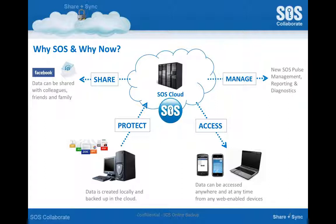Stepping back and looking at SOS's mission in life, we've always said that our products were about 4 different things. Protecting your data, and this was hardcore backup and recovery. Accessing your data, so getting that data out of our cloud onto a myriad of devices, whether it's an iPhone with a native iPhone application or a laptop or through a browser, so really getting access to that information anywhere,